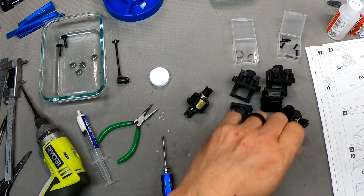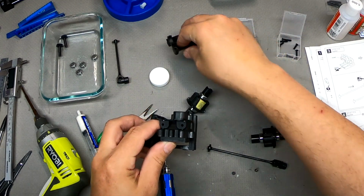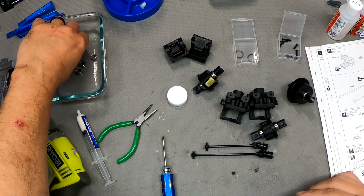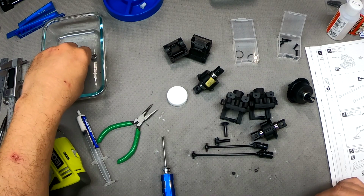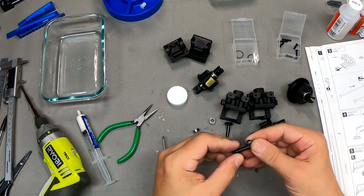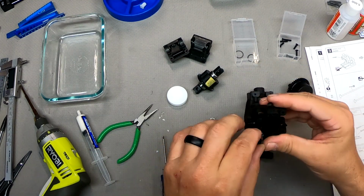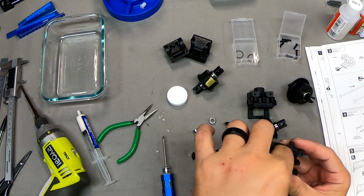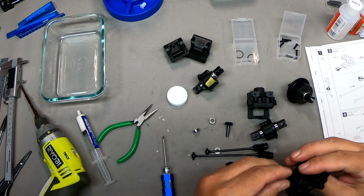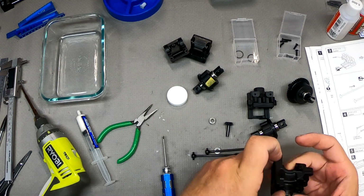So the first thing we need to do is take these two pieces here, and we need our axles, or our drive shafts. We need the pinion gears, and we need these 4 bearings. So we're going to take one bearing, put it on the shaft here, slide that through, press that bearing into the plastic, put another bearing on from the opposite side,